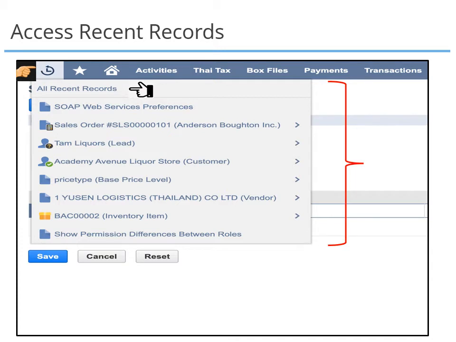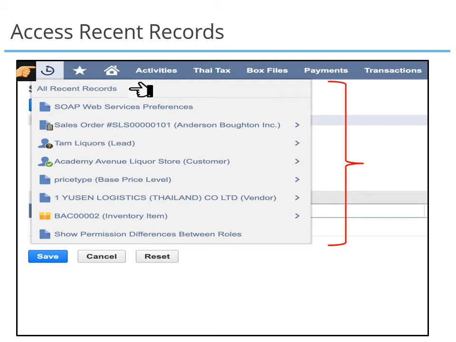Recent Records Portlet displays a list of records that you have recently created, modified, or viewed with links that you can click for quick access to these records. Recent records are also listed on the Recent Records menu, on the left of the navigation menu. The Recent Records portlet does not have a setup link, so it does not allow you to change its contents. In this portlet, as in others, the controls are hidden until you move your cursor over the portlet.